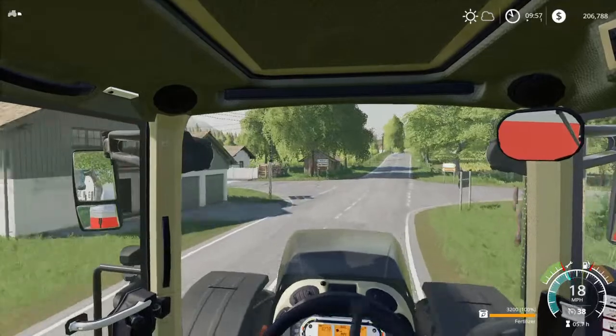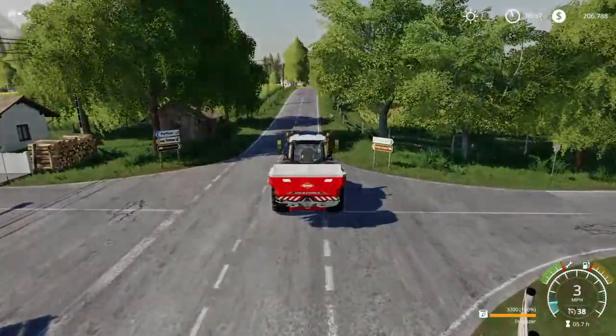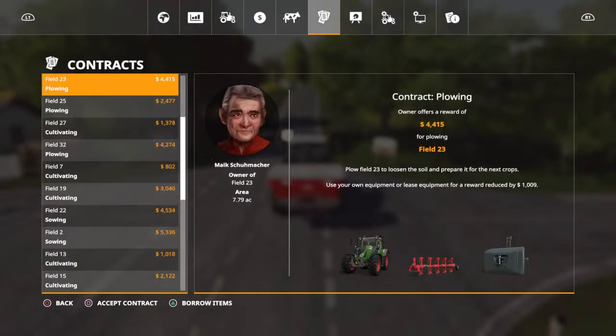Did we ever accept that contract? I wish it wasn't flashing like that. Cap view, man. That's the only bummer about this map. I like it a lot, but man, I'm pretty sure you guys can see all that. It's just awful. So looks like we didn't accept it,